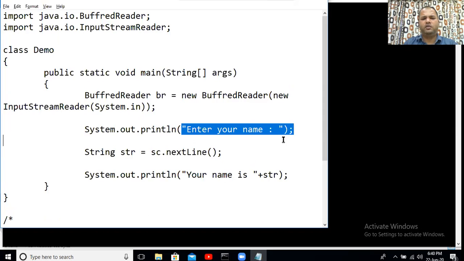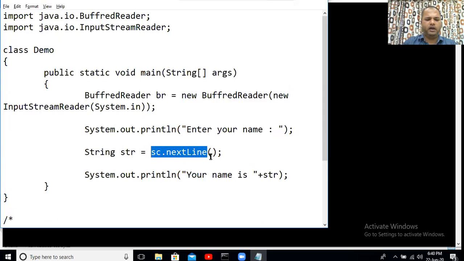So I have asked the user to enter his or her name. Now in order to accept the entered value, we'll go to this part and say br.readLine. Instead of the next or nextLine method, we are going to call the readLine method here, because we are not working with a Scanner class object, rather we are working with a BufferedReader class object.